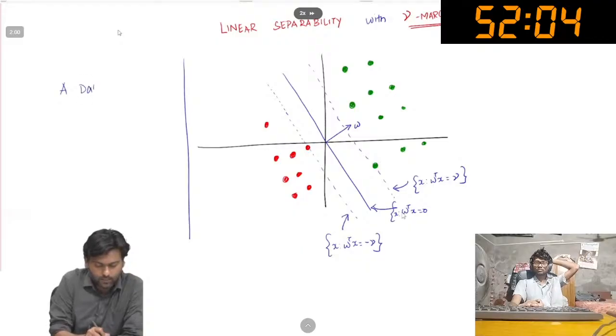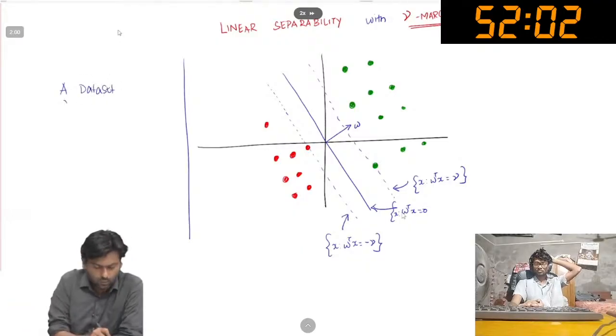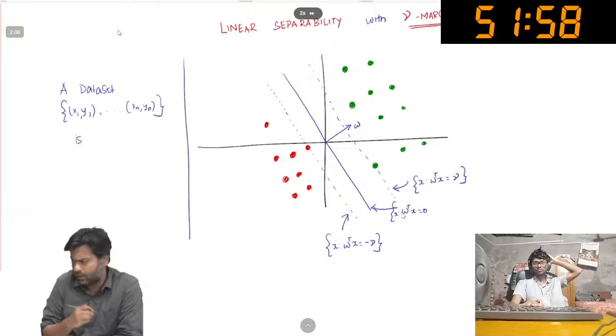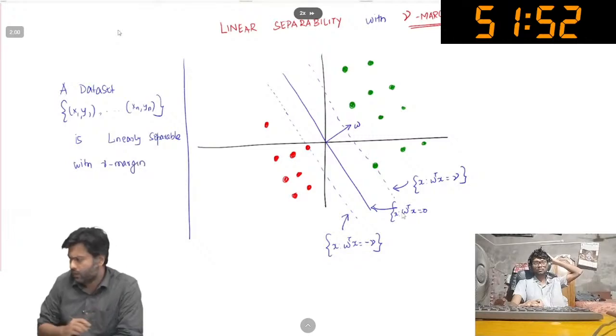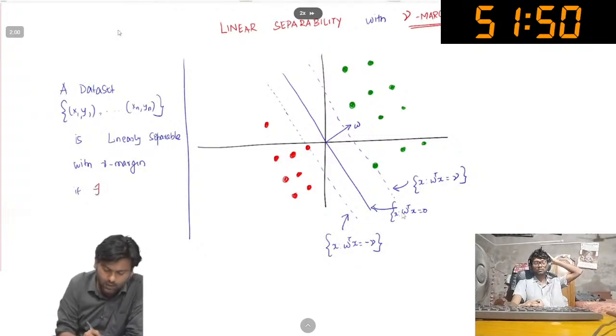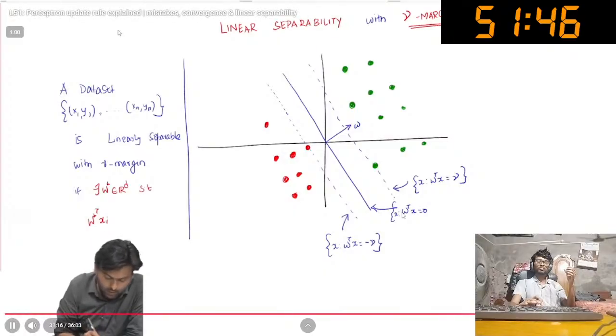So we're going to say a data set which is just a bunch of x1, y1 till xn, yn as usual, is linearly separable with gamma margin if there is some W star in R^D such that W star transpose xi, and the way I'm going to write this is into yi